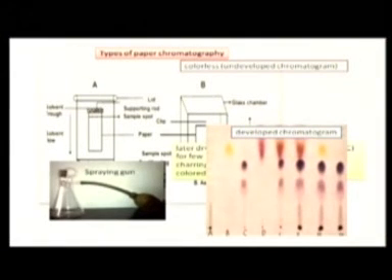After spraying, you are going to heat the paper in an oven for a few minutes. By heating, this undeveloped paper will get activated or developed. Previously, when you started the experiment, the paper is colorless and clear, and the moment you spray it and put it in the oven and heat it for a few minutes, you will observe colored spots. In this picture you can see a few colored spots. This is nothing but a developed chromatogram.